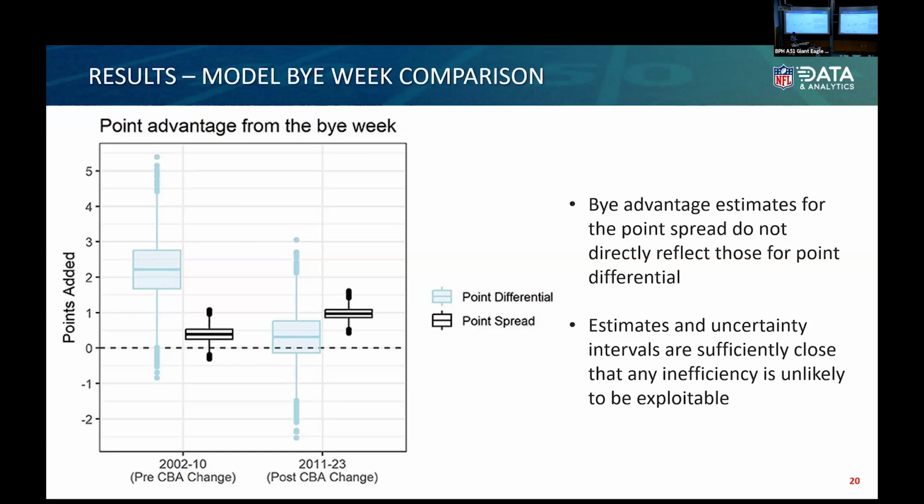It is sort of surprising that there is such a big difference then, although it could have something to do with the volatility of the betting market back then. Our theory on why today we see a little bit of a difference is because we believe that as the point spread was being calculated, probably mostly in the early 2010s when there wasn't a lot of data in this new CBA, a lot of it was using information prior to 2010, which brought the bye week up. If you were to fit a model without splitting it, on point differential, the value would be pretty similar to what you see in the point spread here.